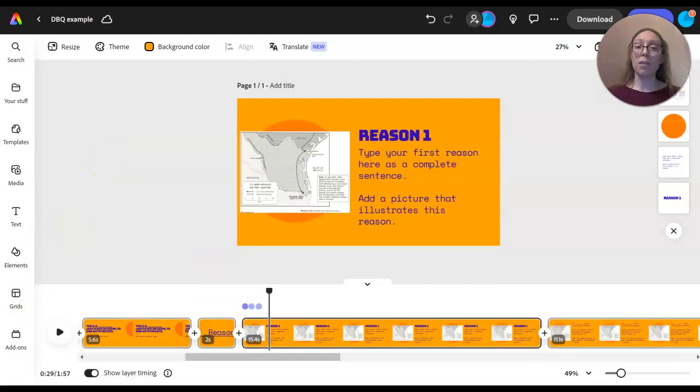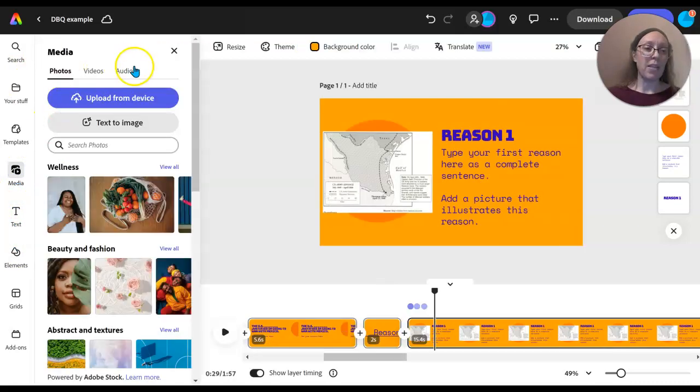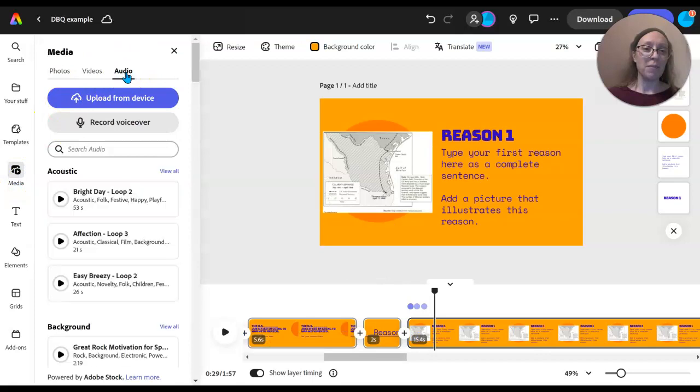Now that I have the words, the pictures, and I've adjusted the timing so I think it gives me enough time on each scene, I am ready to add sound. So I'm going to go over here to Media, and then I'll click on Audio, and I'm going to record a voiceover first. So I need to make sure I know where my